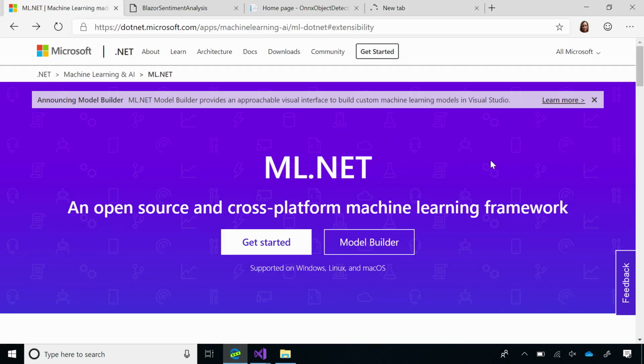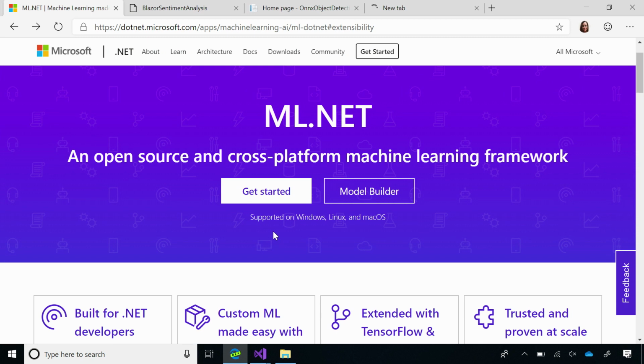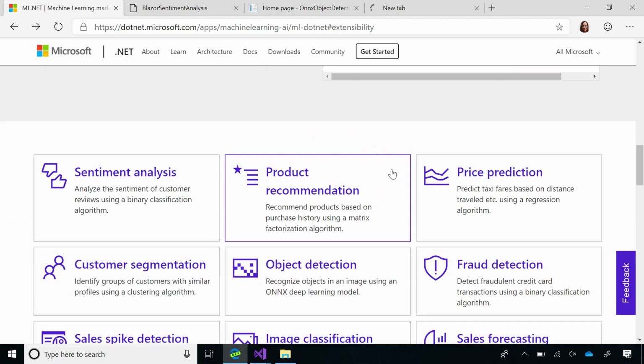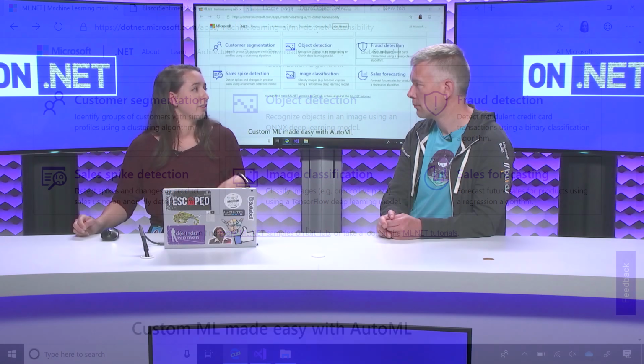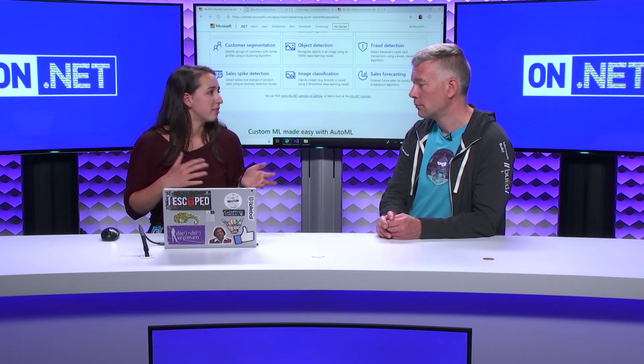But there's a big Get Started button. This will lead you through how to install Model Builder and get started with it, and also the CLI, whichever way you want to get started. And then another great way is to just go to our samples on GitHub and try those out. A lot of people started by downloading one of the samples and then adapting it to their own scenarios. So any of those ways, it's super easy to get started.